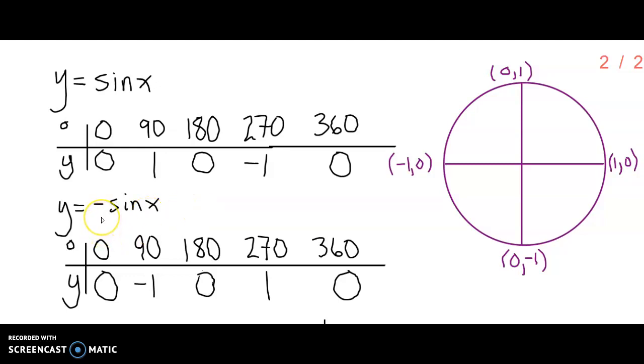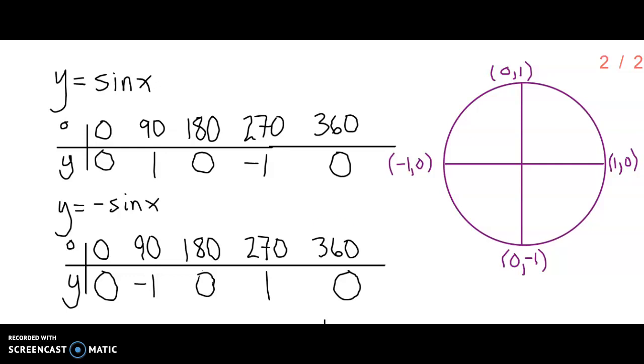If you have a negative sign, it's going to do the opposite of what's happening in the positive direction. So if you go in the positive direction, you're always going in a counterclockwise direction, or as Cambridge calls it, anti-clockwise. Well, this is going to be the negative sine of x, so we're going to go in the clockwise direction, this way. And that's why the values are different. So if you think about it, the negative sine of 90, we're going to be going,